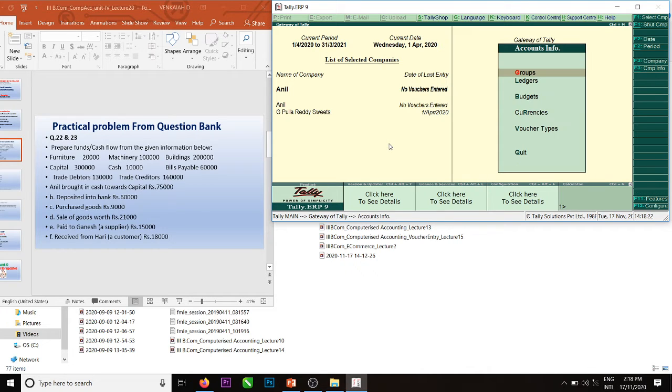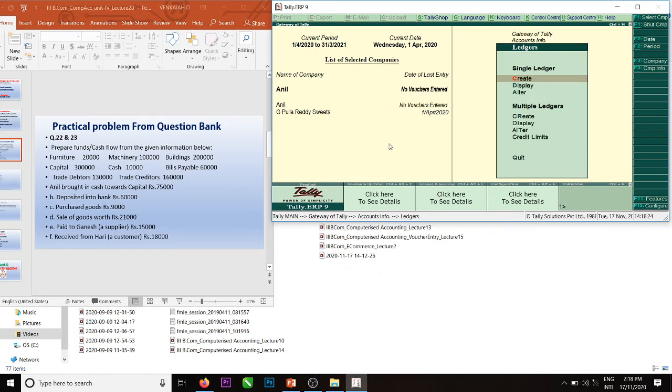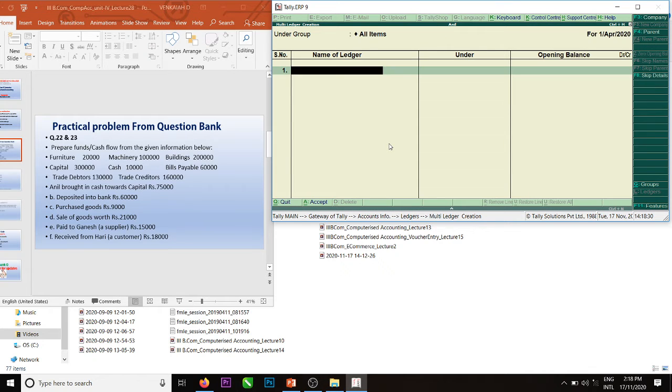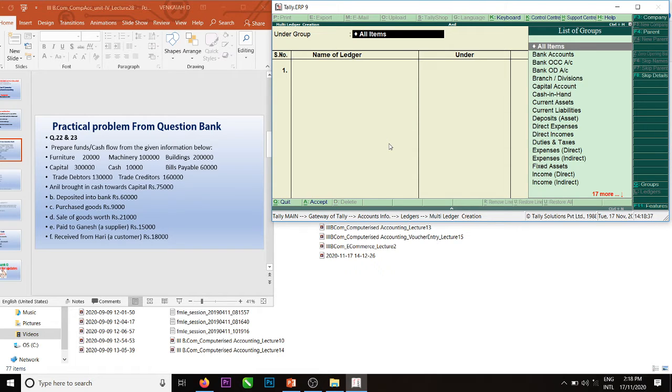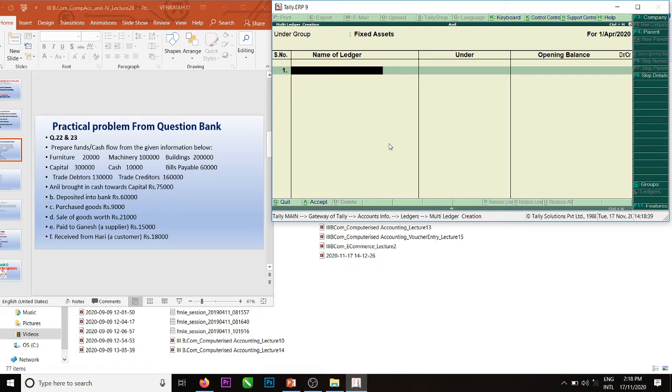Immediately go to Accounts Info, Ledgers, Multiple Ledgers. Instead of all items, select fixed assets. Under fixed assets: furniture, amount is 20,000.